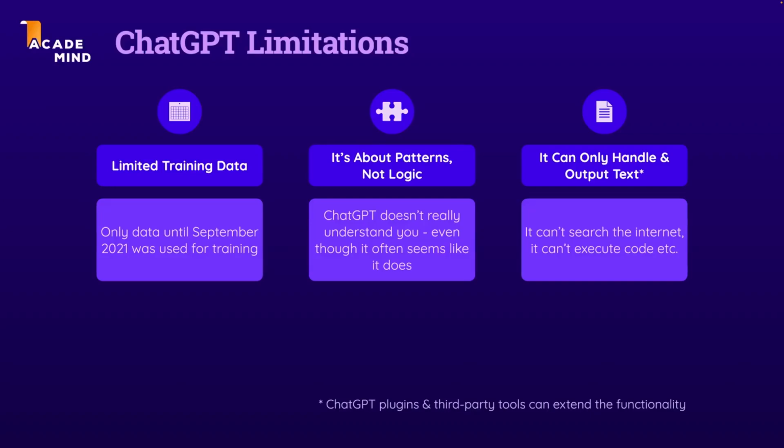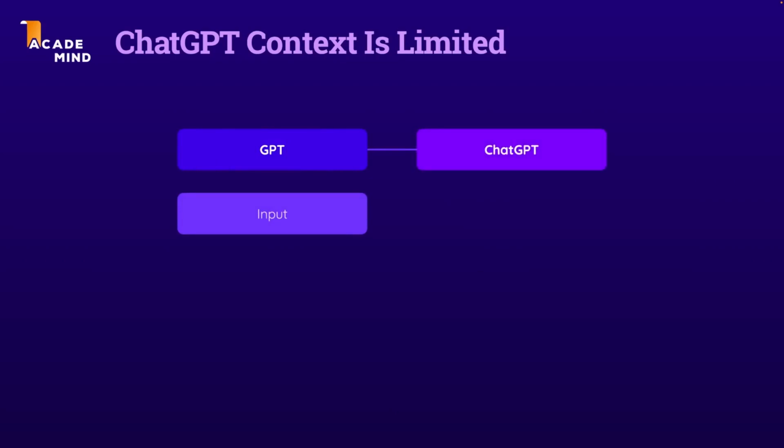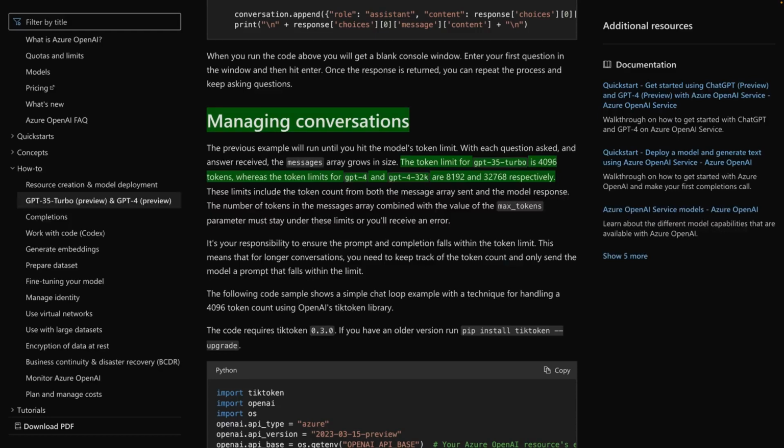Besides those limitations I mentioned in the previous lecture, there also is another ChatGPT and also in general large language model limitation you should be aware of. The input you're sending to ChatGPT is kind of limited. Or put in other words, you can't send super large amounts of inputs to ChatGPT. Because ChatGPT, or to be precise, those GPT models that are being used under the hood, have a token limit.